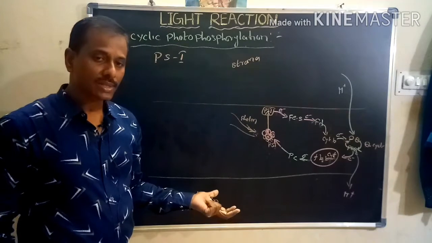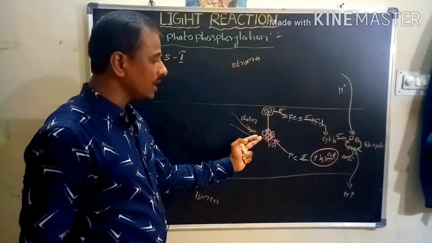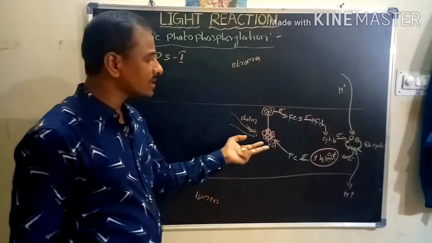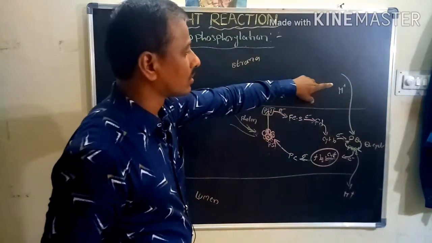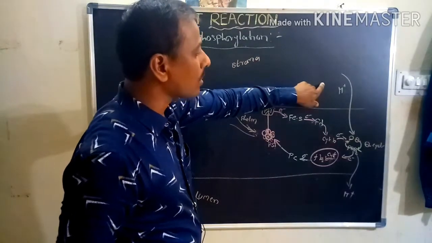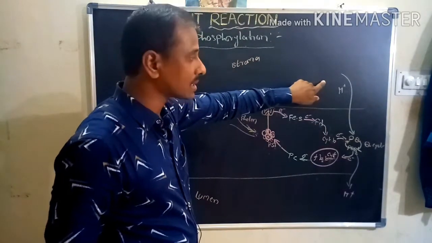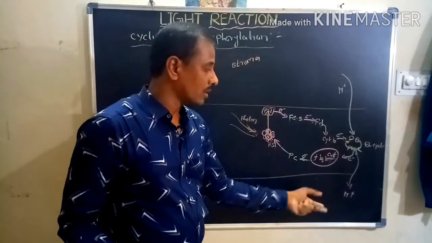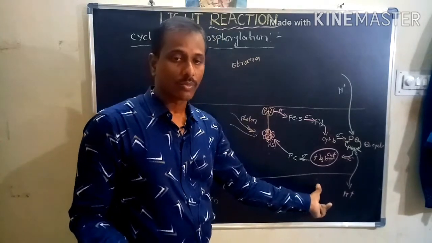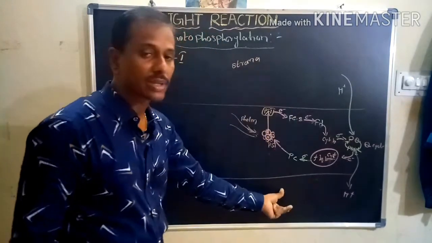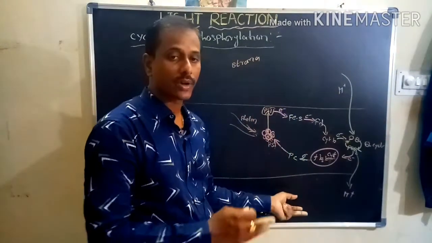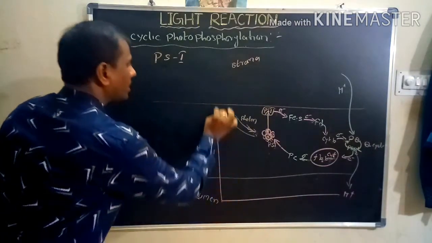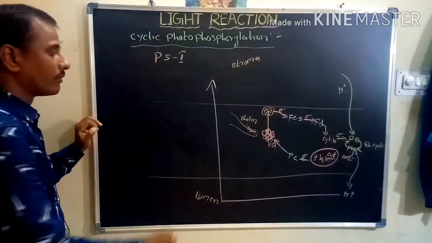What happened in this process? The electron released by the chlorophyll goes through different carriers and finally reaches the same system. What happens here? See, there is a difference here. The stroma loses its protons and the lumen increases the number of protons. When the lumen increases the protons, what happens? The pH gradient is different. The pH value is different, so these H plus ions are transported to the stroma with the help of